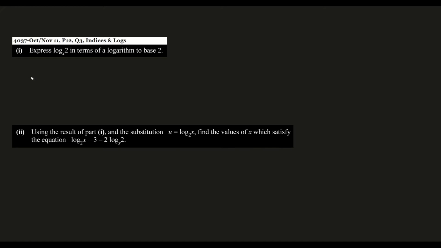So, in order to do that, we can write log_x 2 as log_2 of 2 over log_2 of x. Basically, what's written up here comes in the numerator and what's written in the base comes in the denominator, and we can choose any base we want. This equals log_2 of 2, which is 1, so 1 over log